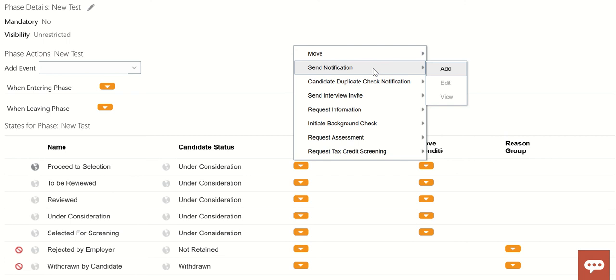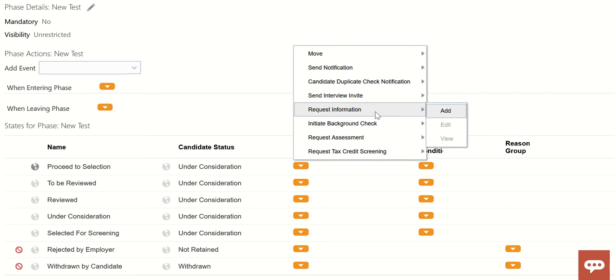That notification can be configured in the Fusion application under the recruiting content library. Candidate duplicate check notification, send interview invite notification, and request information will all be added here, but these things are configured in the recruiting content library.